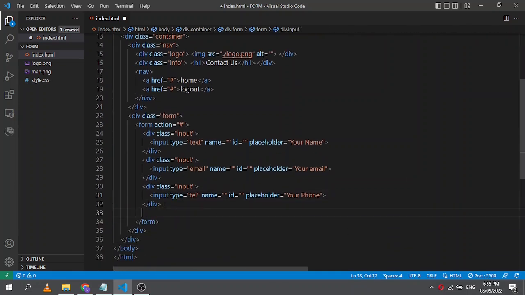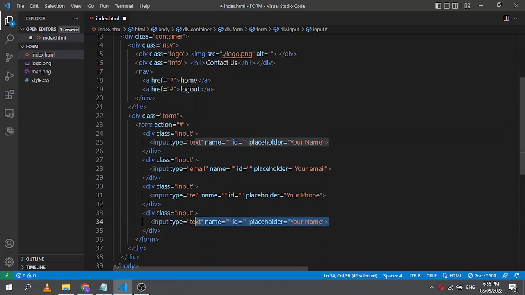This time, we're going to change this input to textarea, because I want to use a textarea for fetching the messages. Textarea, and the placeholder is going to be